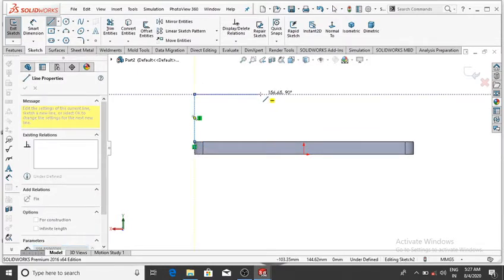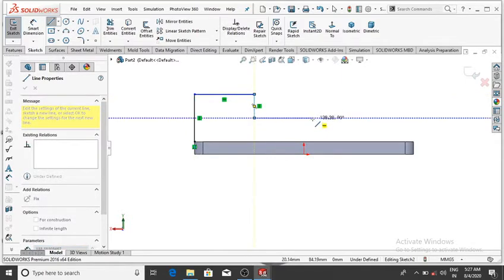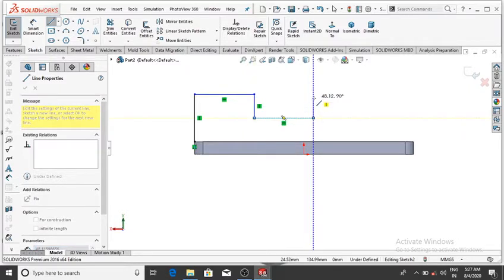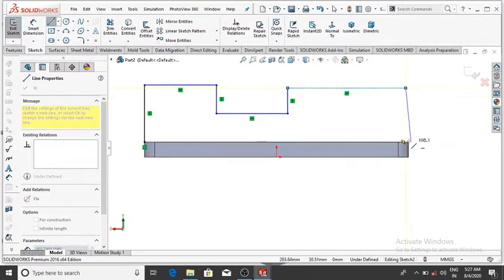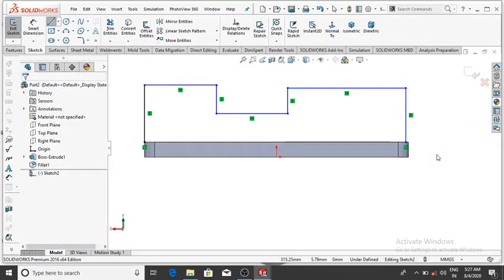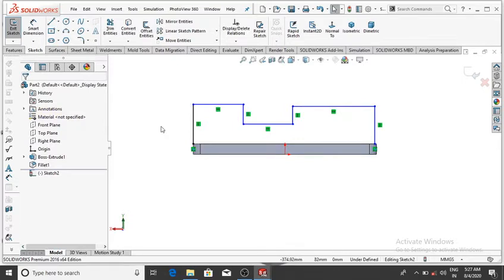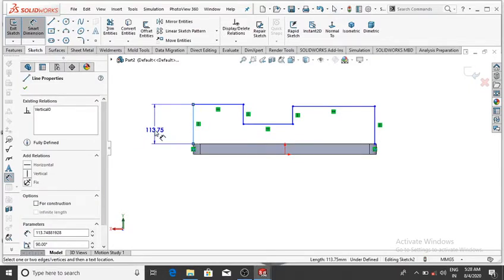Now make it this point and this line, and again make the line up to this and select this line to this line to this point, then OK, and go to the smart dimension and make this line 76.92.